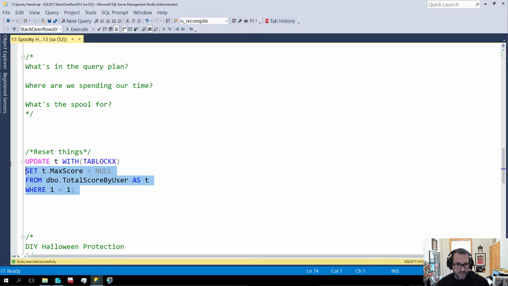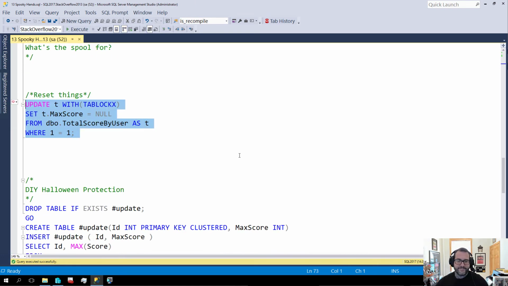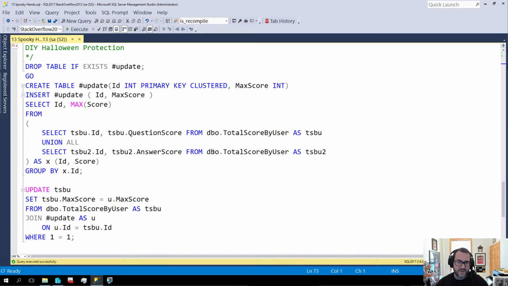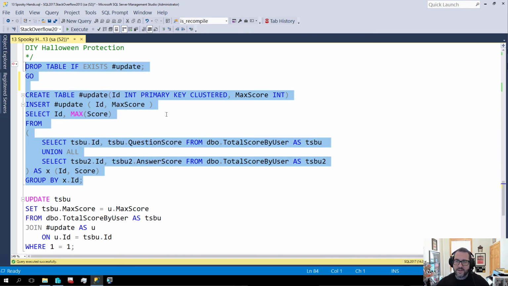If I tried to come up with an exhaustive list, I would probably be here for longer than I want to be. And I'm not going to do that. What I am going to do is show you a way to have modification queries go faster by avoiding the built-in Halloween protection. Now, what we're going to do is dump the results of that union all into a temp table,